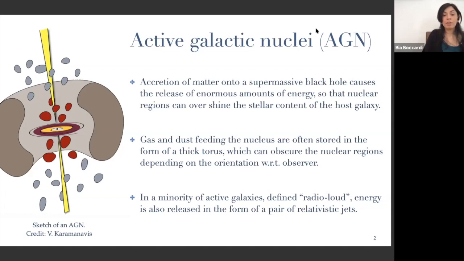In my talk, however, I will also deal with lower luminosity objects, which we can now study much better because our instruments are becoming more and more sensitive, in which, for instance, we believe now that the torus is not present and there is not really a disk in the traditional sense, but there is rather a hot accretion flow.